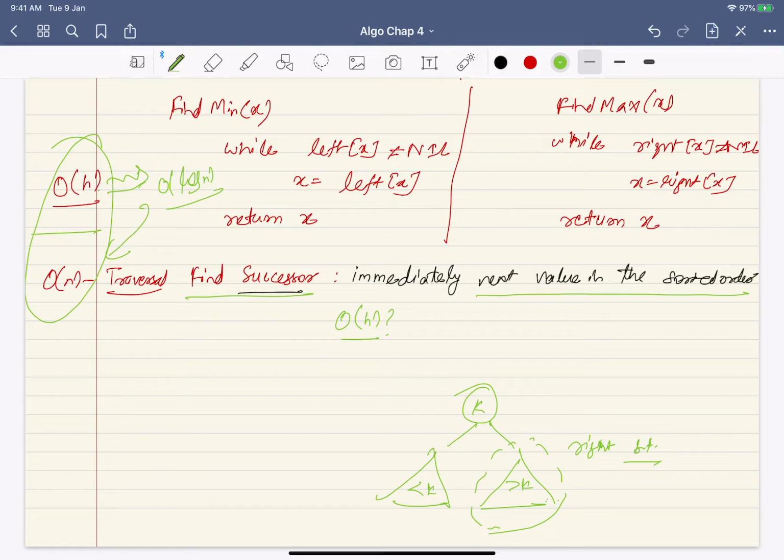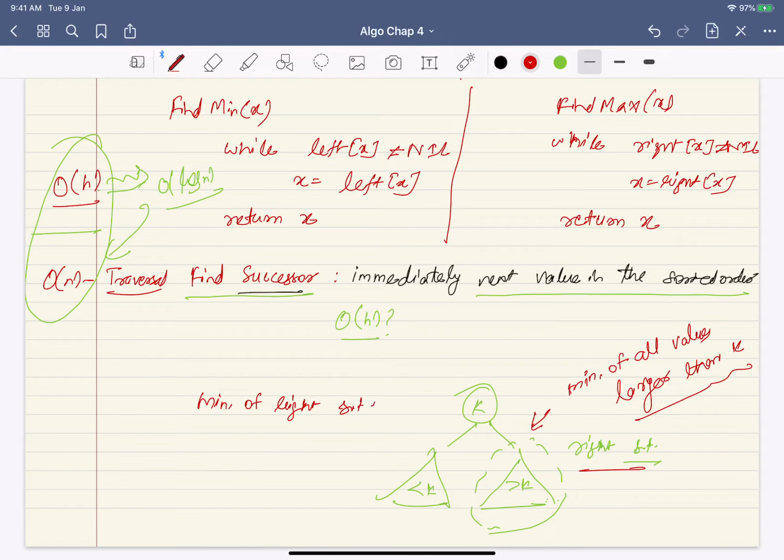The successor should be the minimum of all values larger than k. Where will that be? It will be in the right subtree. If I can find the minimum of the right subtree, I get the successor. And I know how to find the minimum, I have a function. So I just do find min of the right of k, the minimum of the right subtree, and that will be the successor.